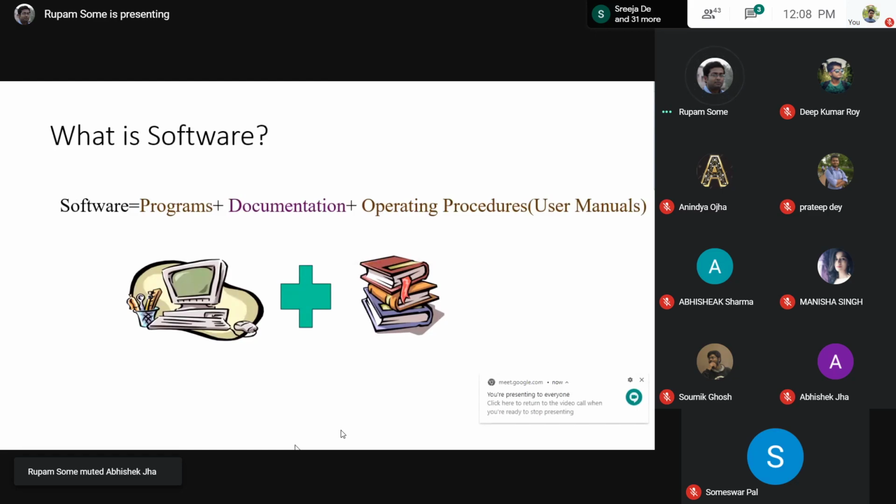Okay, fine. So, as I was talking about softwares, as you all know, softwares are basically the logical components of any system. So if you want your hardware to work properly,